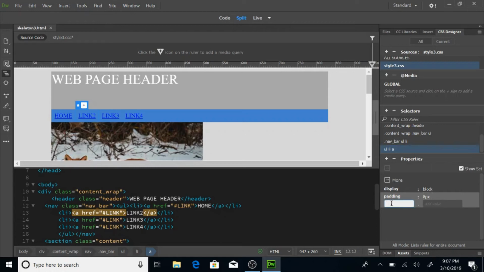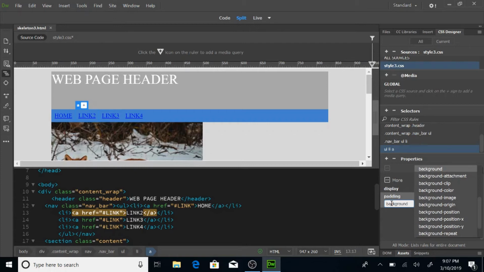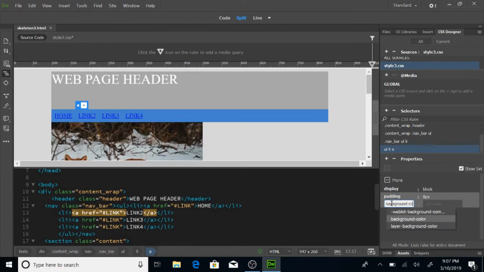Okay, and then I want to go here to background color. And the background color of these is going to be, and you'll think at first, why are we doing it like this? But you'll see in a minute. So I'm going to go with the same color of blue that we did for the other one. So that was a pound sign, and then we went 4484